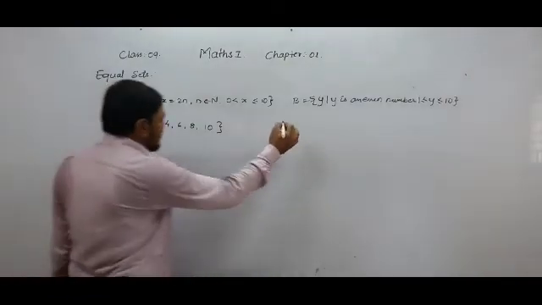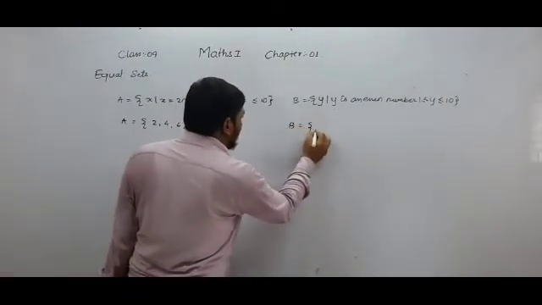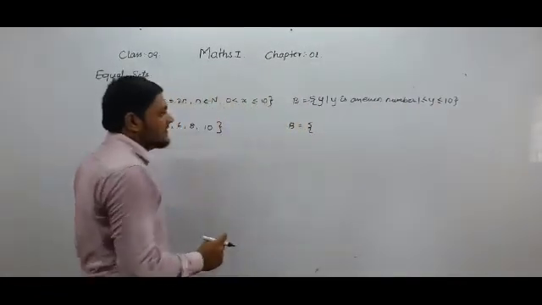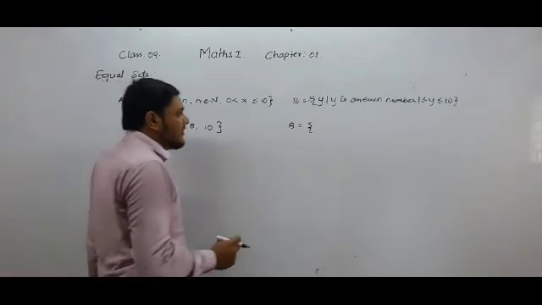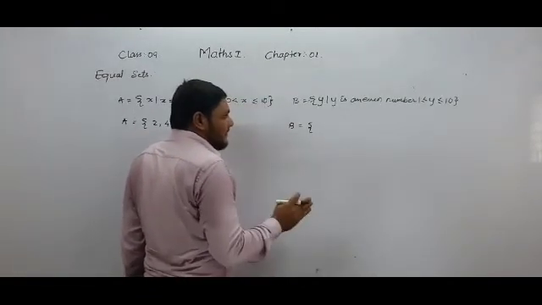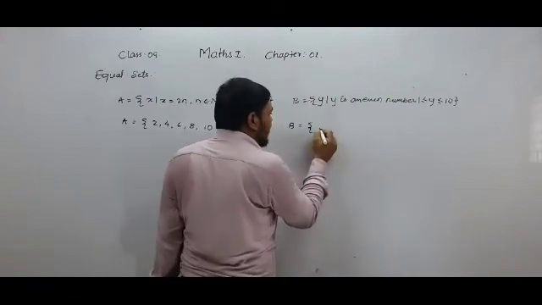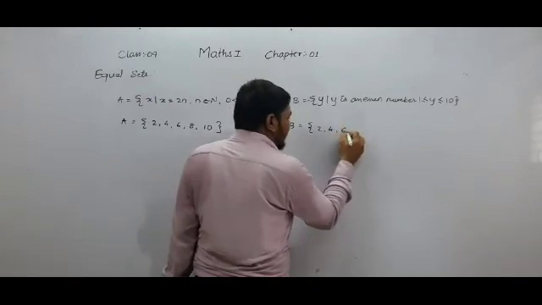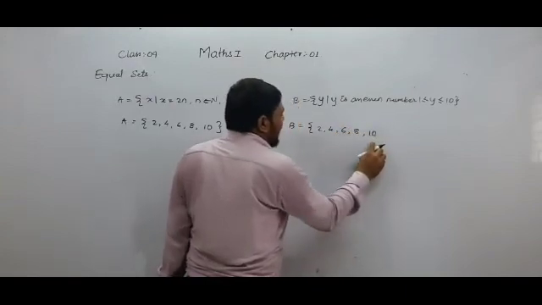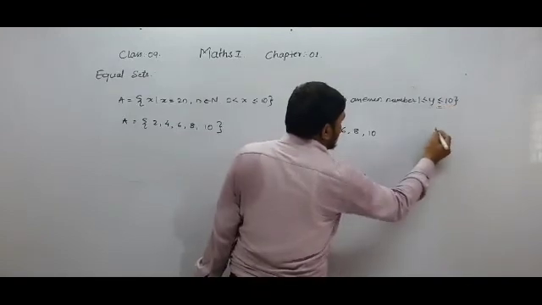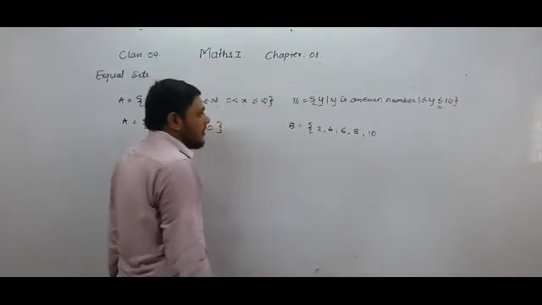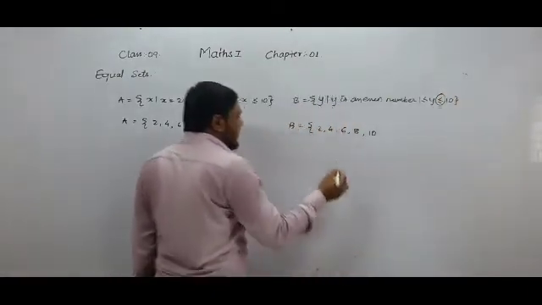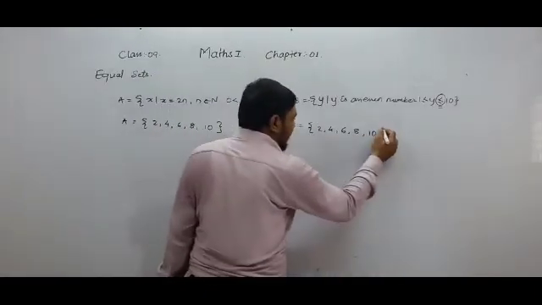So student, now we will take this set B. B is equal to {y such that y is an even number and y is greater than or equal to 1 and less than or equal to 10}. 1 is an odd number, that is why we will skip 1, and greater than 1 is 2. 2 is an even number, that's why we will take 2, and after 2 the even numbers are 4, 6, 8 and 10. 10 is also an even number, and the condition given to us is that the number should be less than or equal to 10. So it is less than 10 and also equal to 10, that's why we will take 10 also here.